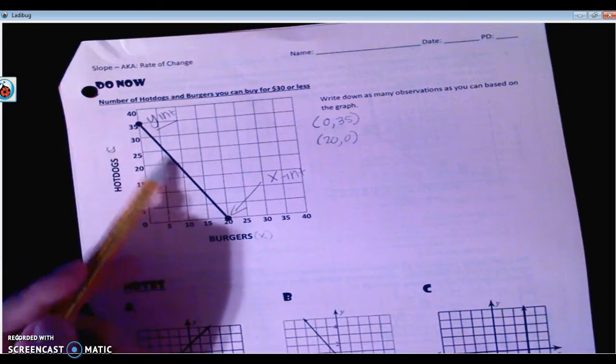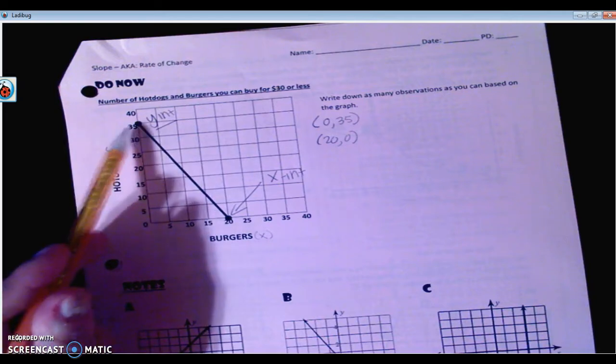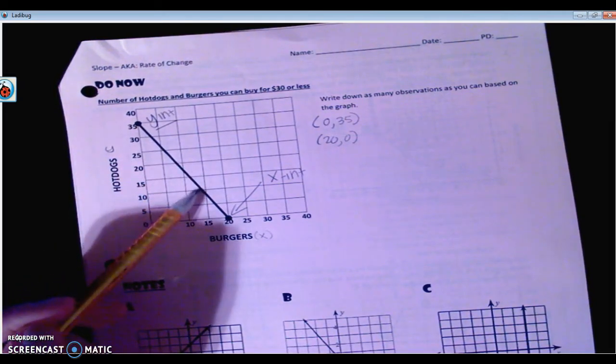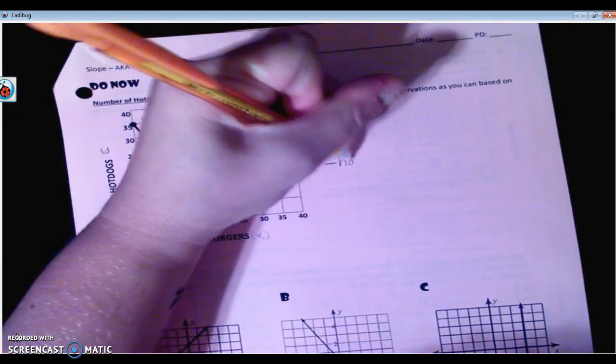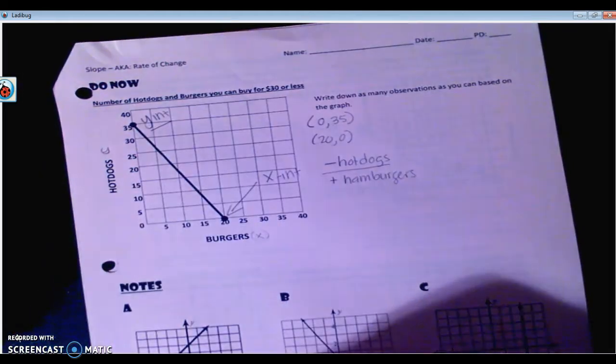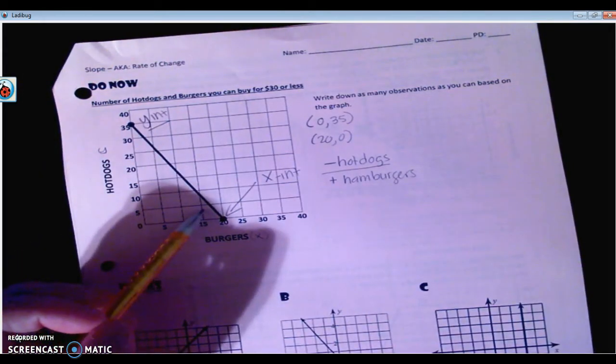We can also take a look at our slope. All right, our slope is going down. It means not that I'm buying negative hot dogs, but it means as my hot dogs decrease, my burgers are increasing. So as my hot dogs decrease, my hamburgers are increasing. So that's how we're going to take a look at some of these graphs today to kind of